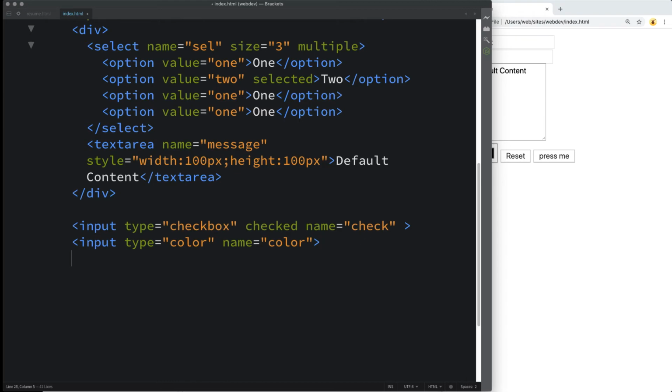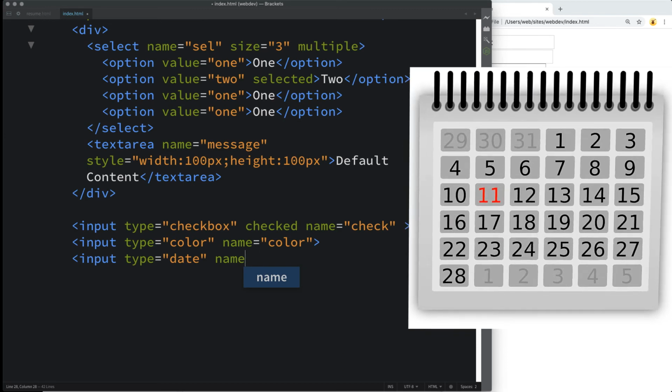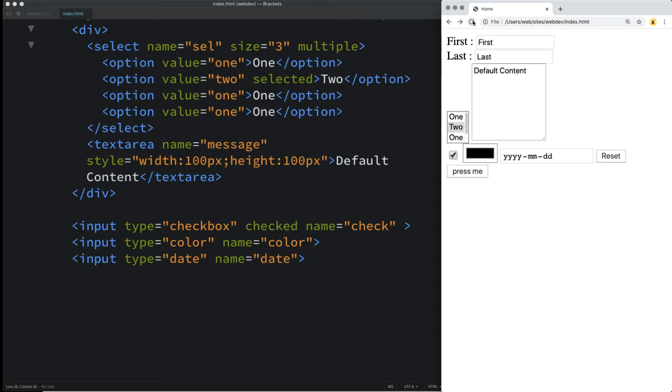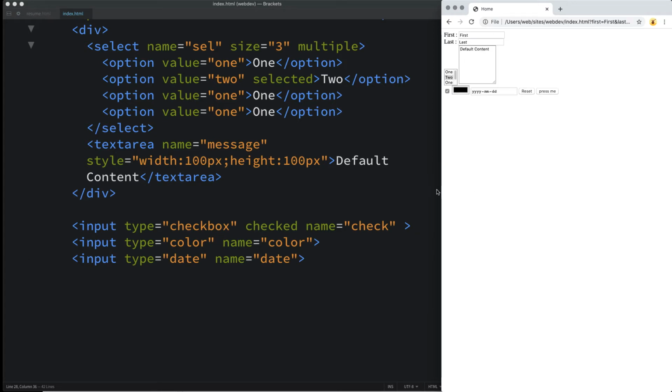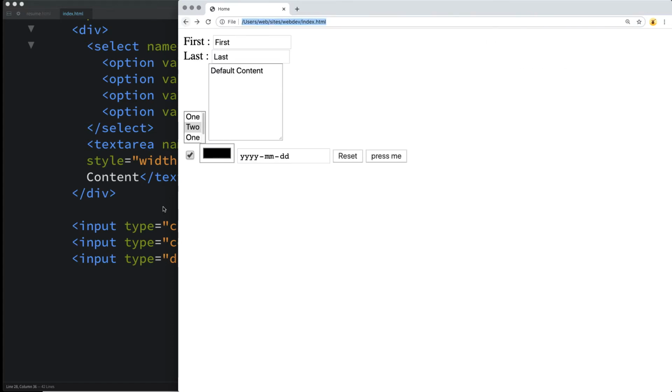Next, let's look at the input date. So type and look at date, and then pass in a name for it. And a lot of these that came with HTML5, we used to have to do them with JavaScript manually to create these types of date pickers. And one thing to keep in mind as well, when you are using some of these newer input types, you have to be mindful of the fact that they might not work the same across all the different browsers. So there are some limitations. So let's submit the date value and see what value gets submitted into the URL.